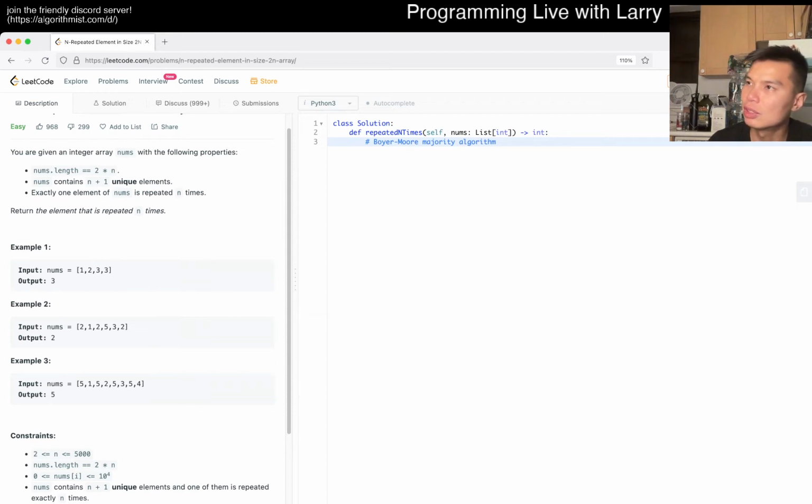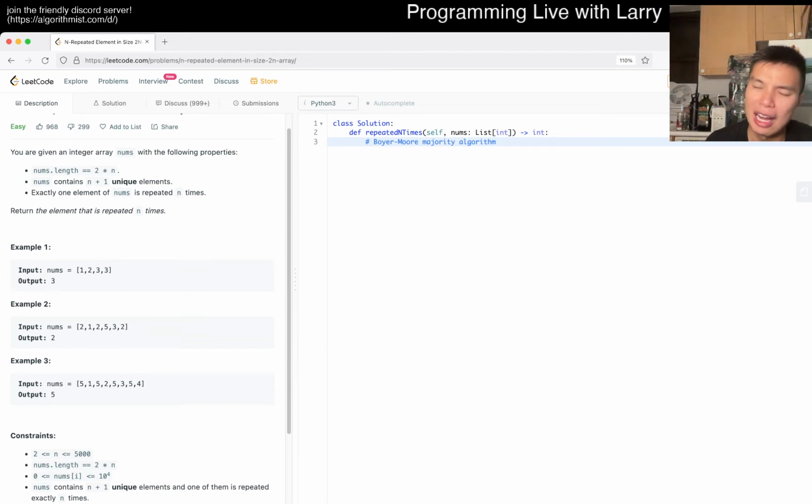Given 2 times n elements, if you do a quick select and you find the median, that's also a linear time kind of thing.